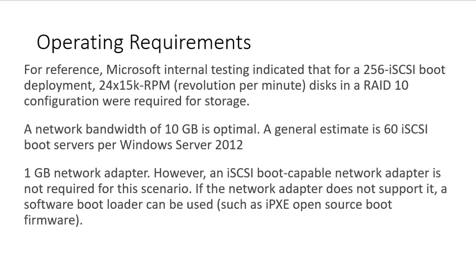Second part of the requirements is the operating requirements. For reference, Microsoft internal testing indicates that for a 256 iSCSI boot deployment, 24 disks at 15K RPM, revolutions per minute, in a RAID 10, or shall we call it a mirror, configuration were required for storage. A network bandwidth of 10 GB is optimal. A general estimate is 60 iSCSI boot servers per Windows Server 2012